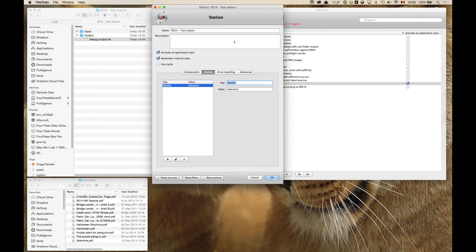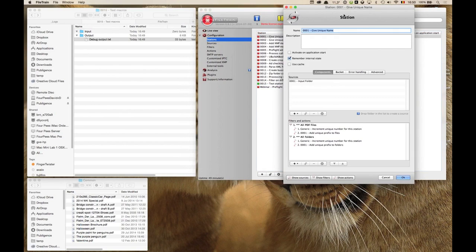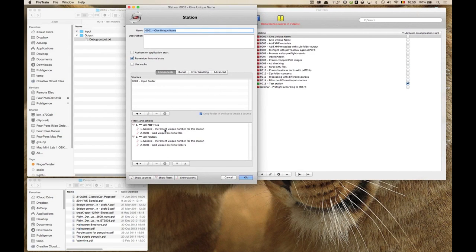So if I open up the station dialog here and I go looking at which of these station buckets I have and what is in them, I again see the name of that file that was just processed. So information that you store in there remains in there until you either delete the bucket or you put something else in. Now, just to show you that that's not a nonsense concept, let me take this file,